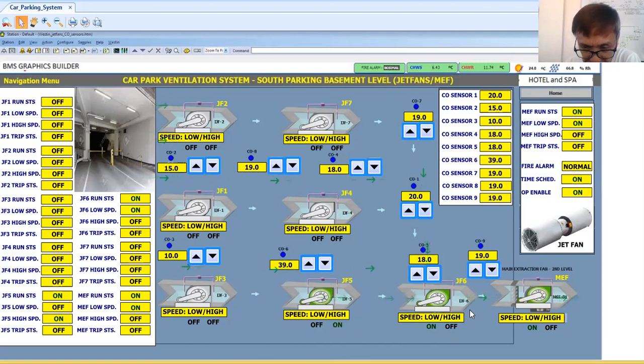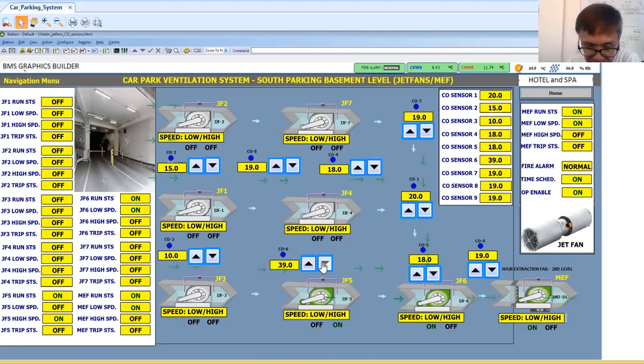Anyway, it could still be true, because of the concentration in this area. If this one runs, it will still push toward Jet 16, then Jet 16 will suck it and push it to the main extraction fan.